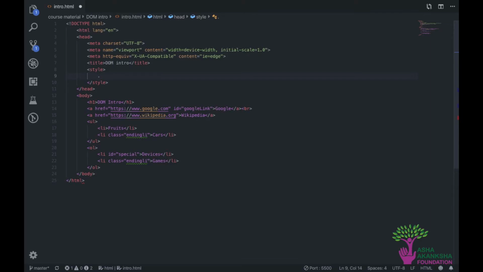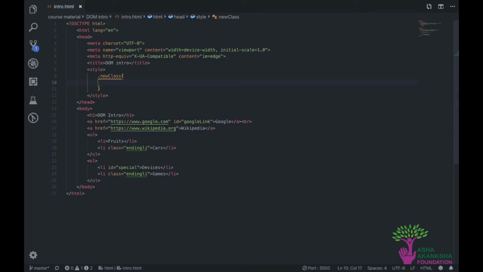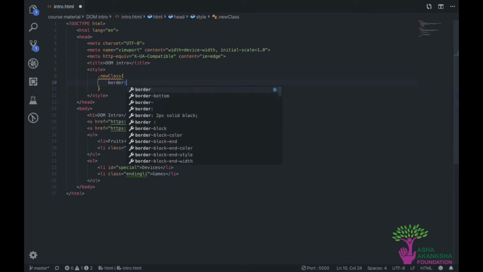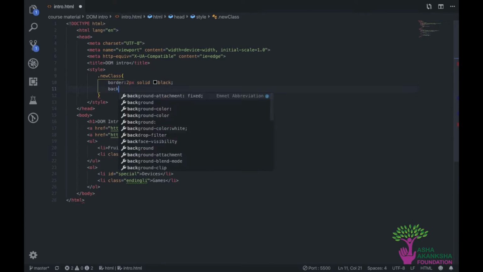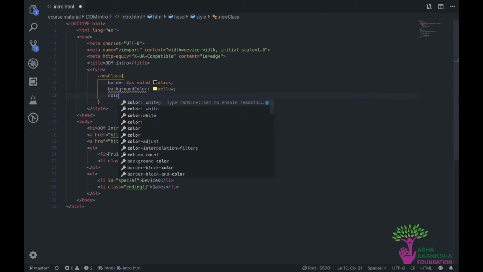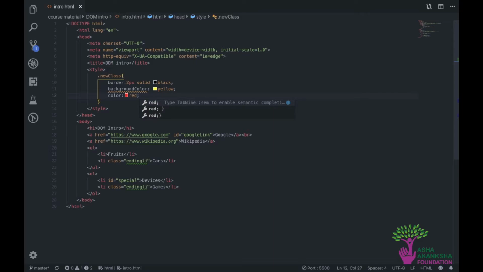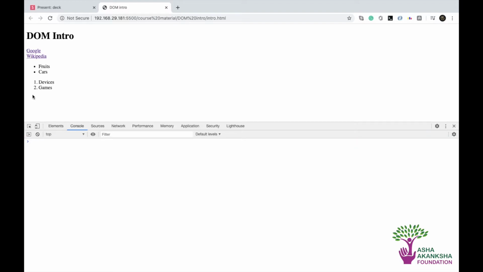I'll add new class, all right? And in this, I'll give my styles, which are, let's say, border, 2 pixel, solid, black, and the things that I did to that h1 I'll do in here, and I'll say yellow, and I say color is red, right? And right now if I refresh, obviously this isn't working, mostly because we haven't applied this class